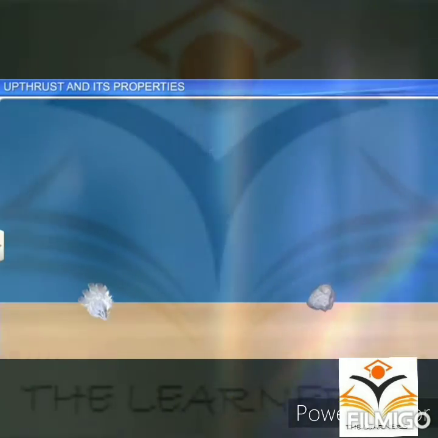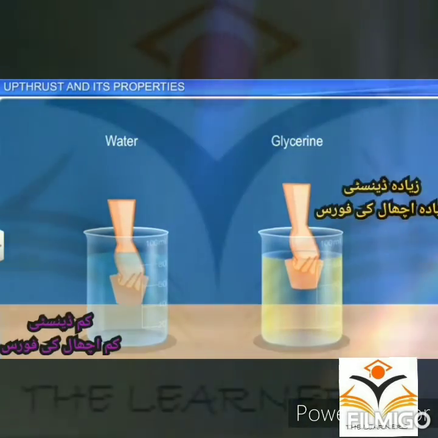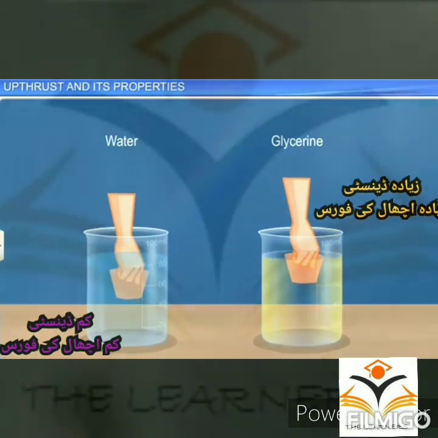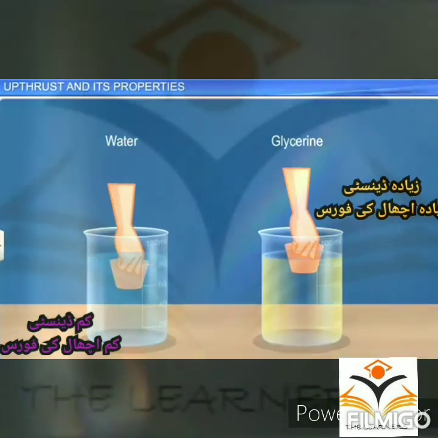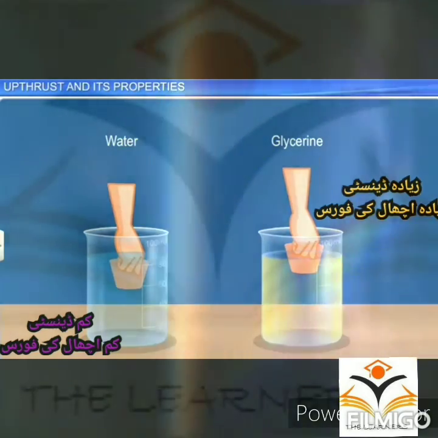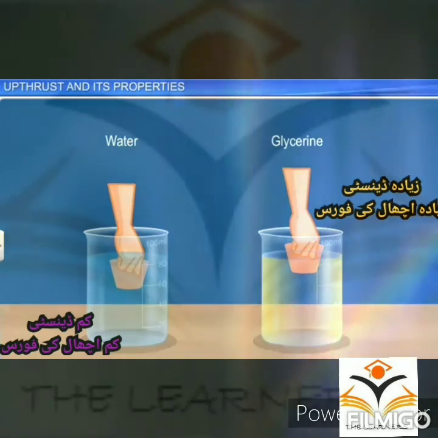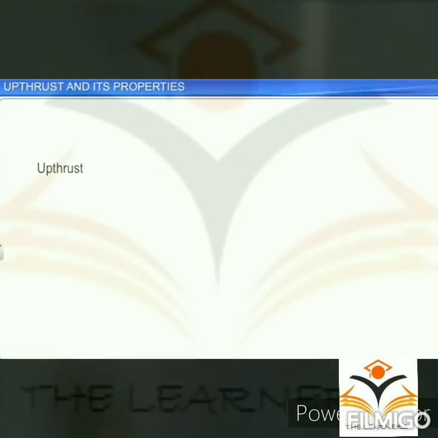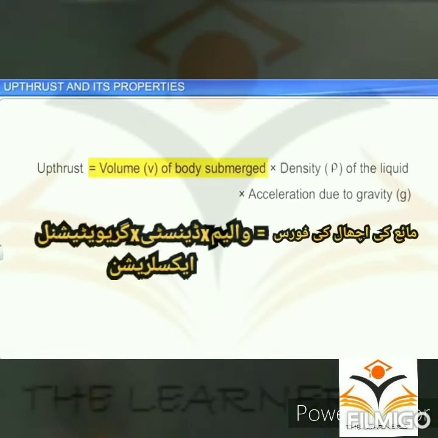If you push identical pieces of cork into two different liquids, say water and glycerine, you will notice that your fingers experience more upthrust in glycerine as it has more density than water. The upthrust due to a liquid on a body depends on the volume of the body and the density of the liquid. The upthrust is equal to the product of the volume V of the body submerged in the liquid, the density ρ of the liquid, and the acceleration due to gravity g. Thus,